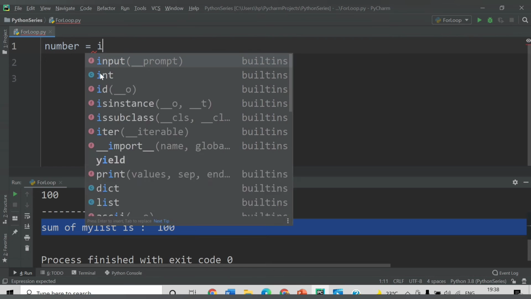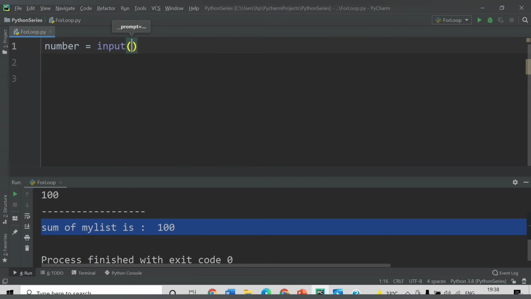So number, we will ask user to enter number to get table. Whatever value the user inputs, we want this value to be of integer type, so we will restrict it to integer. So int, so this will accept one integer value.